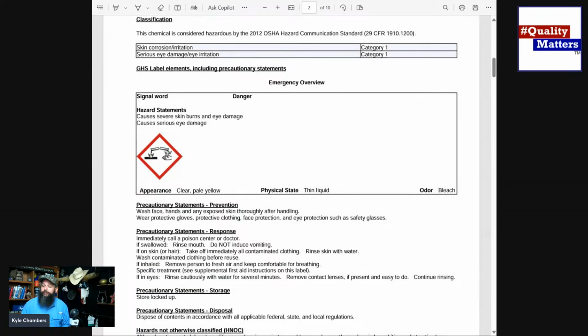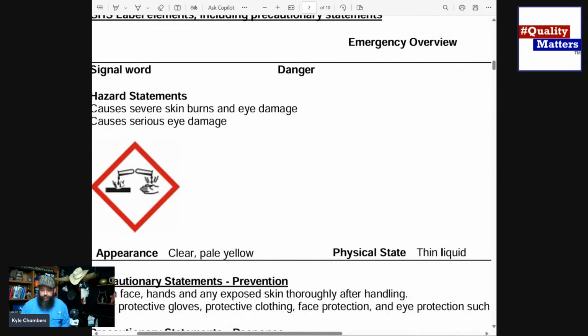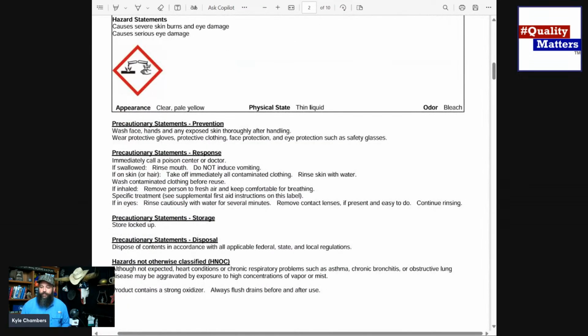Yeah, that's true. We've got a signal word here. This is the place for the signal word. In this case, it's danger. There's a danger associated with bleach. You can kind of see the symbol here. They're showing that it's corrosive. It's on your hand. It's an irritant. This is going to cause skin burns or eye damage. All right, cool. Good information.